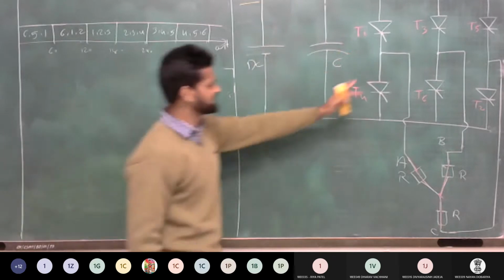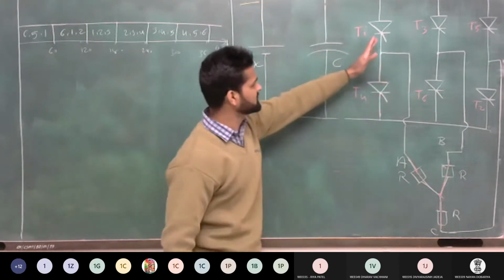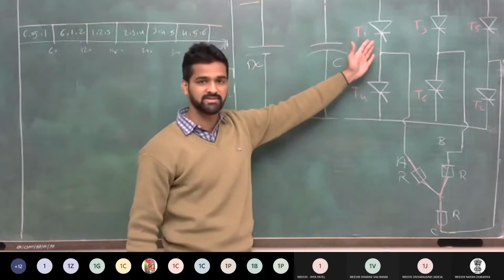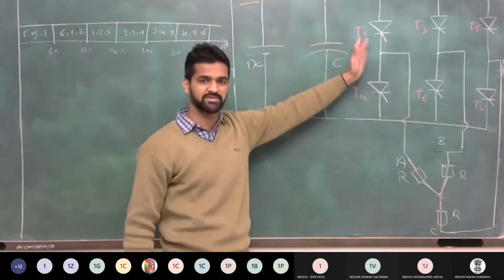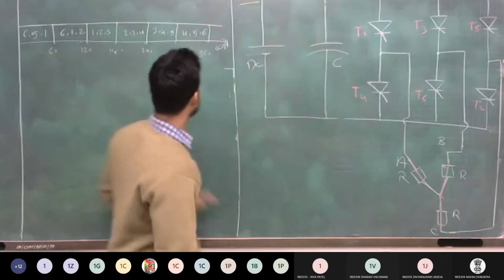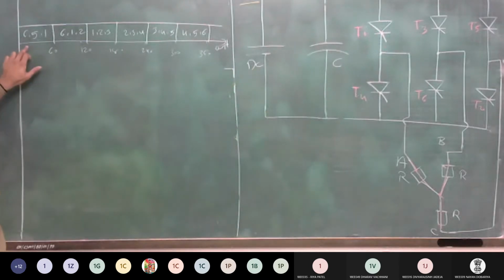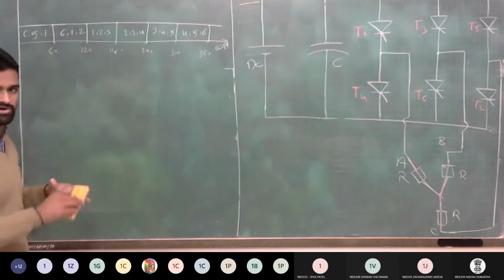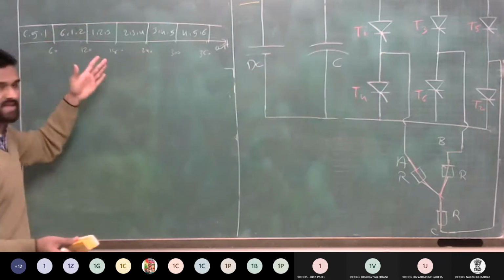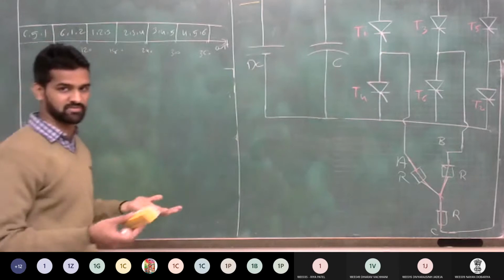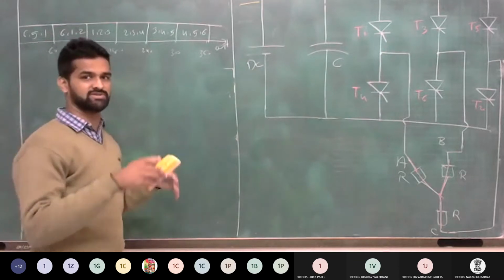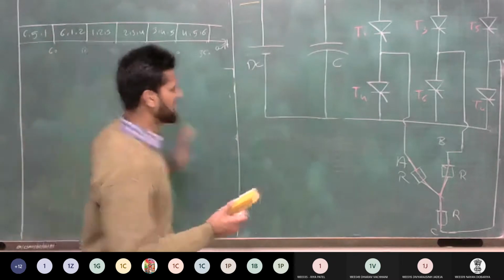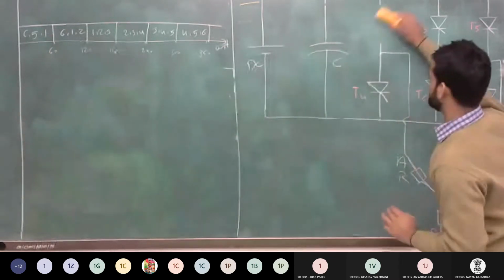So what is the equivalent circuit? Here we take the thyristor as a switch, because when you provide the gate pulse, it is on. When we remove the gate pulse, it will become off. Clear? So here in the first interval, 0 to 60 degrees, 6, 5, and 1 are on. It means they act like closed switches, and the remaining thyristors act as off switches, because we do not provide the gate pulse, so they act as an open circuit. So 6, 5, and 1 now we take as closed switches.